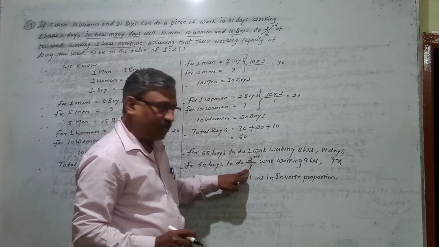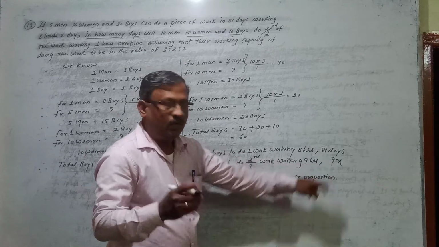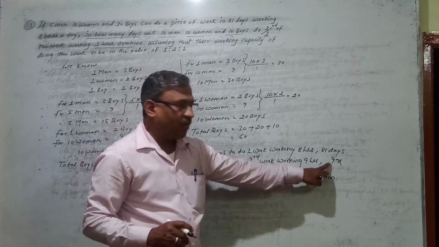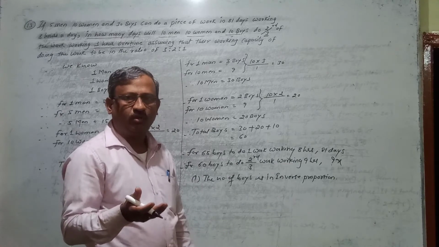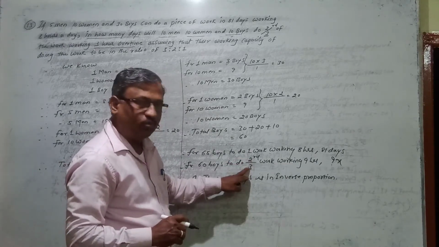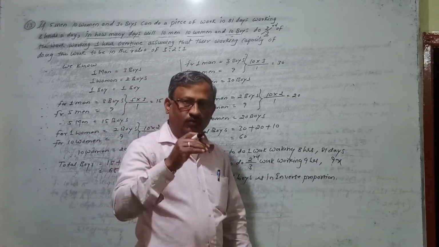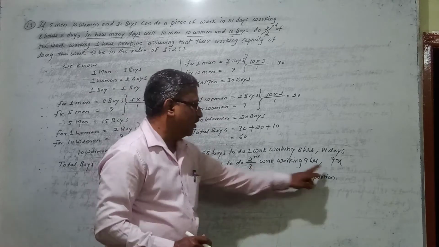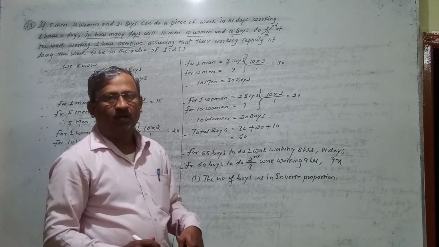So to do less work, to do 2/3 of the work, how many days will it take? More or less, right? If work is less, the number of days required will be less, and if work is more, the number of days required will be more. So here the work has decreased from 1 to 2/3, and due to the decrease in work, the number of days required also decreases. So here both are decreasing, right? When both are increasing or both are decreasing, it is said to be direct proportion.